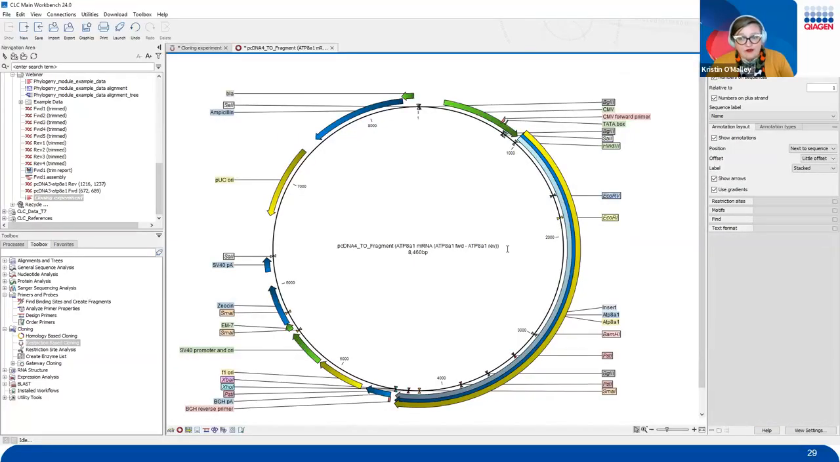Now you'll have an overview of your construct where you can go ahead and inspect to see what this looks like. So here is our insert of interest. This ATP8A1 gene has been inserted into our vector that is